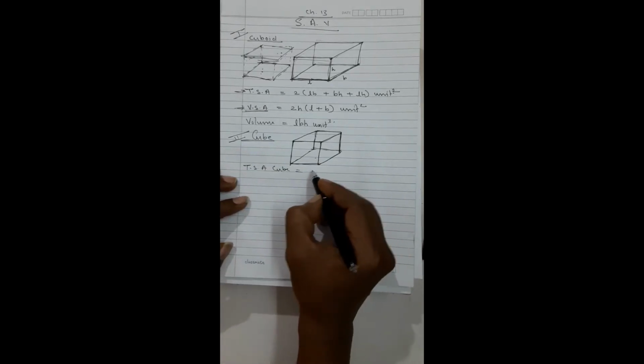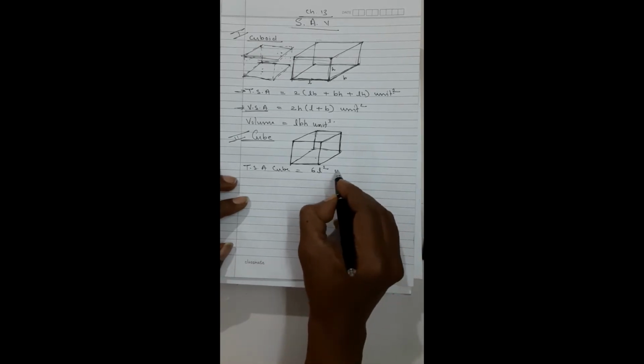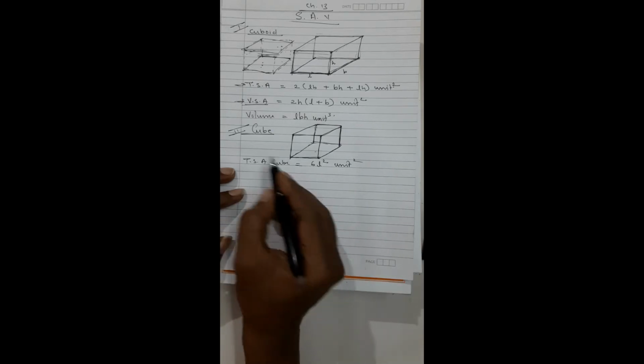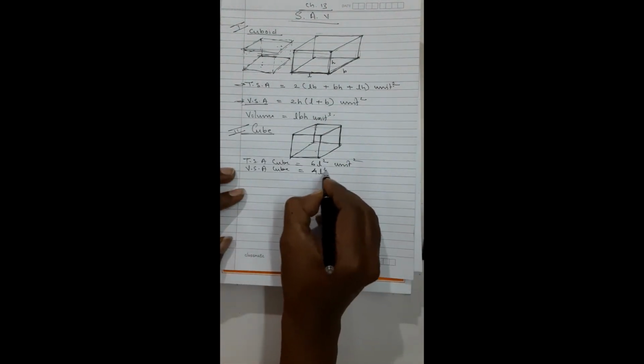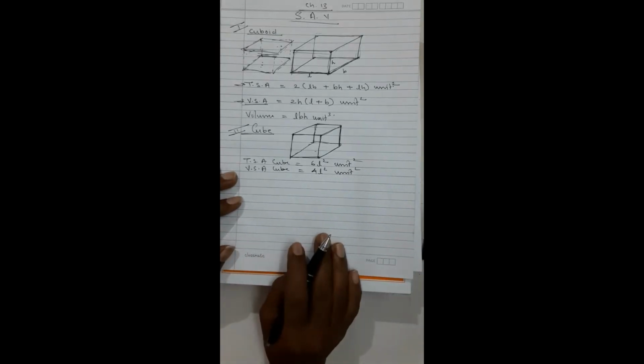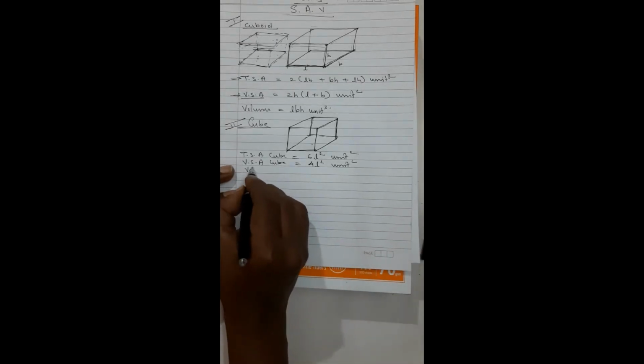So at that time total surface area of cube, this will be called a cube, will be equal to 6L square. Unit will be still unit square. Total surface area is equal to 6L square. Vertical surface areas means again you will have only the side walls, one in front and back, right side and left hand side, no bottom and no top. At that time it is going to be 4L square. This is still unit square. And then we have to have the volume of cube.